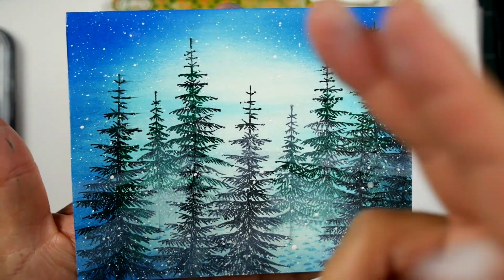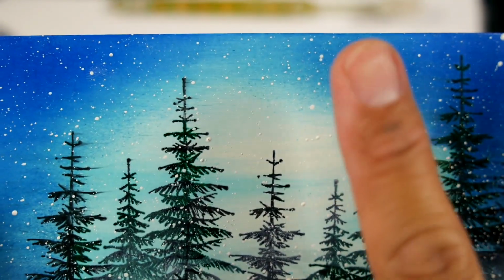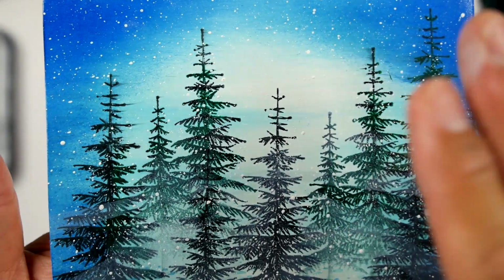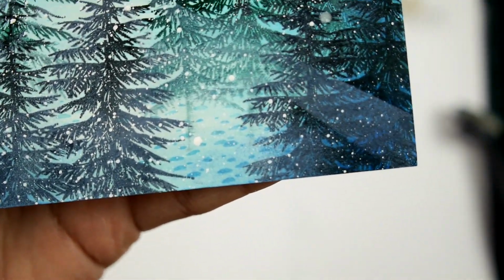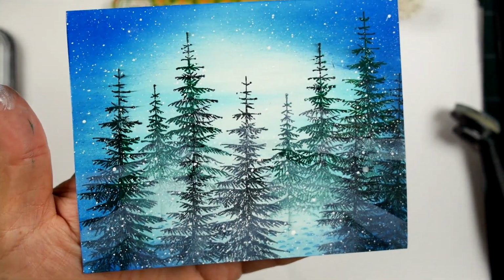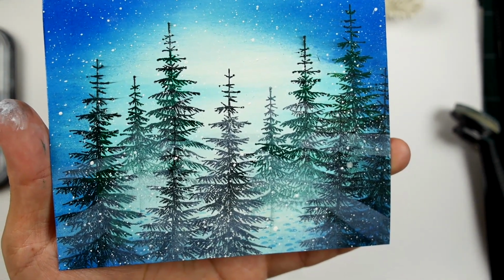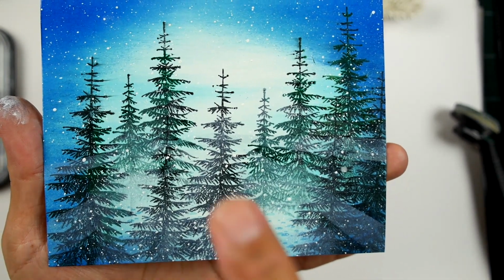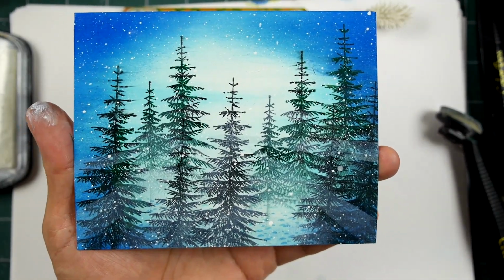If I was going to do that, though, I would have needed to do it before I splatter painted it, because that splatter paint is going to dry dimensionally. So, when you touch it, it's like this raised thing, because it really hits the surface and it dries pretty fast. And it will be a raised surface, but look at that texture in there. So we have some kind of subtle things going on here in terms of the light beams. The light beams could be a little bit more opaque, and if I spent more time going over it again, I can kind of bring this out a little bit more,